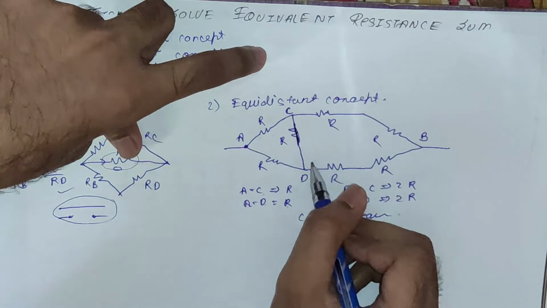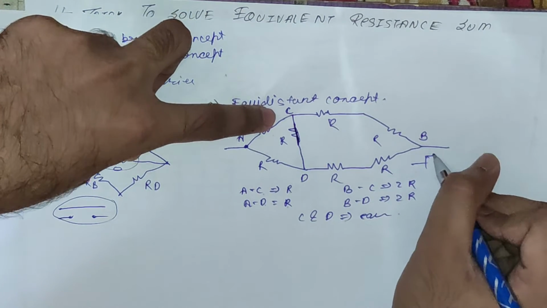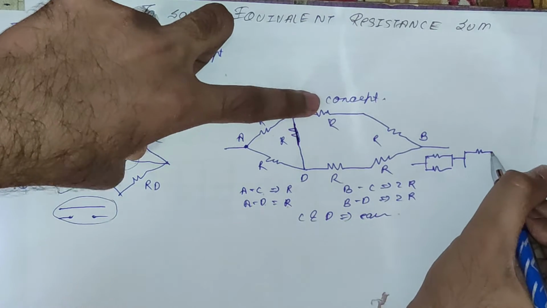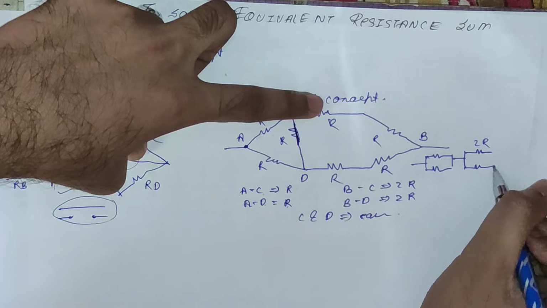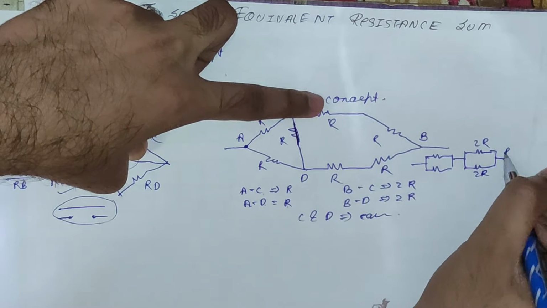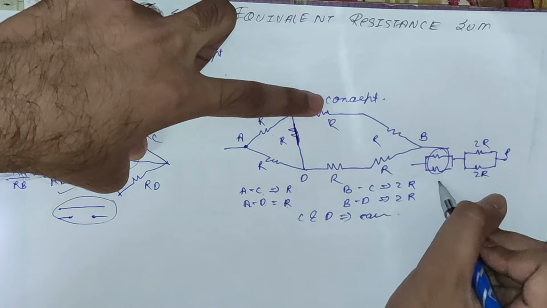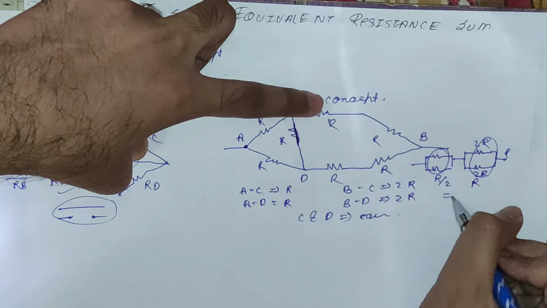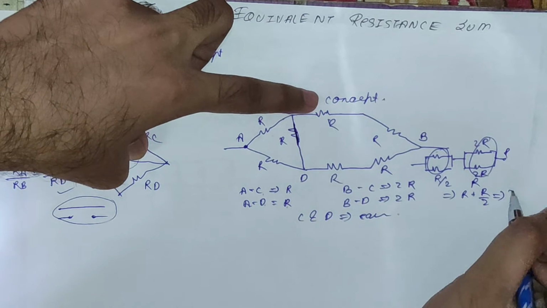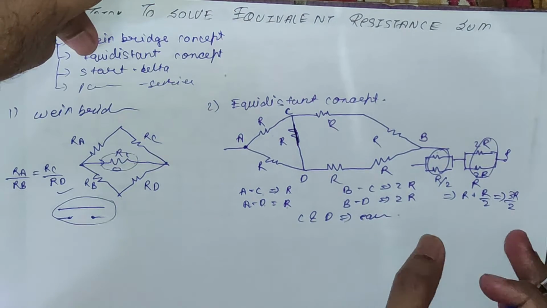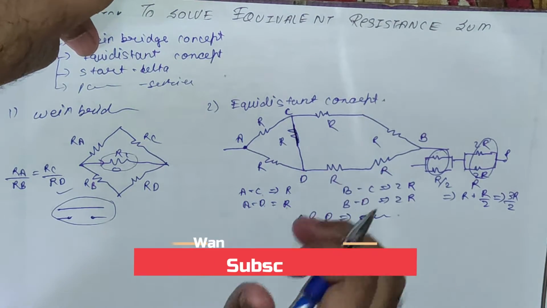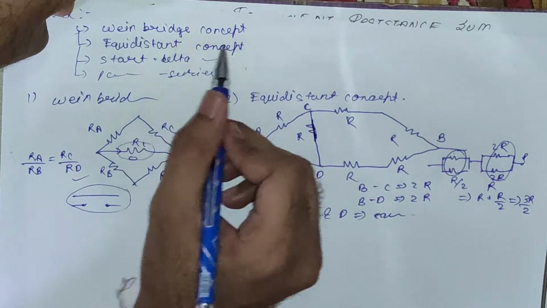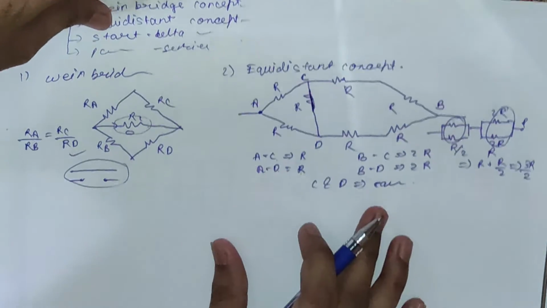So this is our circuit, which we can solve easily by parallel. These are two resistances, then you have these two resistances in series, basically 2R, this is 2R, and this is your B. So this is your R, so your parallel resistance will be R by 2. This is 2R in parallel, so it will be R. If you add it, you get R plus R by 2, which is 3R by 2. So you can see how helpful this equidistant concept is. Now let's see the third concept that we are going to use. This is our third priority: first, second, and this is our third. So now let's see star delta.